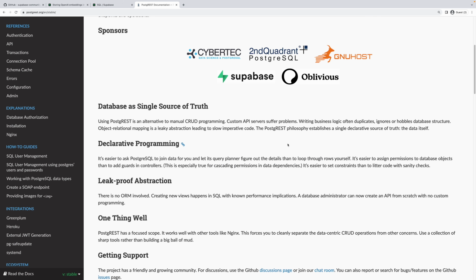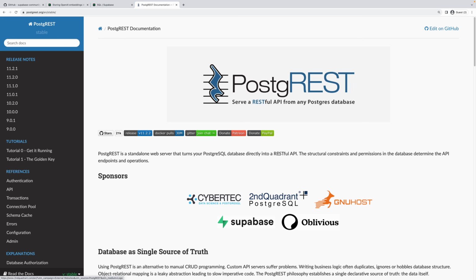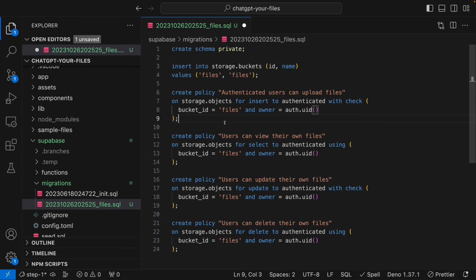Of course, since this is building your API for you, how do you manage security? How do you manage authorization? That's exactly where RLS policies come in. So if you're using something like PostgREST, in this case through Supabase, then RLS is basically a requirement to make sure that you actually lock that down properly. But I really do think that more of us should be considering RLS